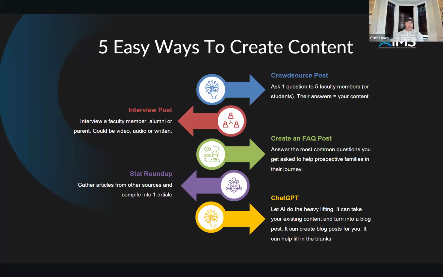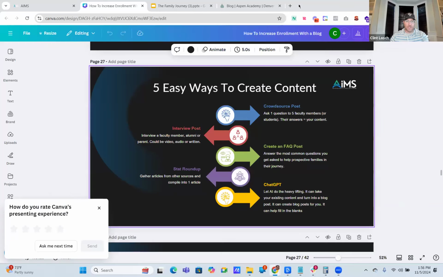And this is a stats one. So if you find stats, like here are three amazing stats about why all girls is more beneficial than co-ed in high school. Finding stats around a topic typically takes a little more time to do that research. Frankly, you could probably use ChatGPT for that now. I think when I created this it was even before ChatGPT, but obviously I added on that fifth one there, which is ChatGPT. So let me hop in real quick to ChatGPT